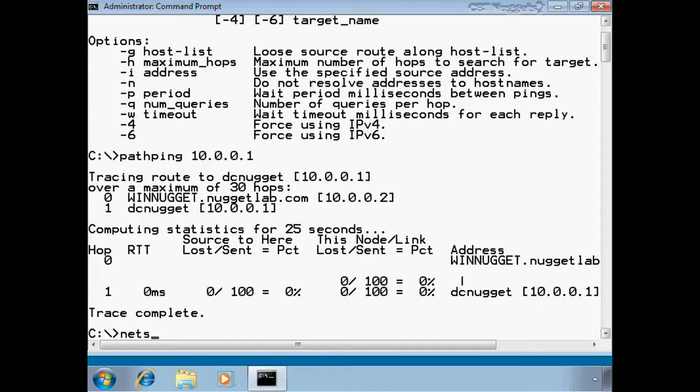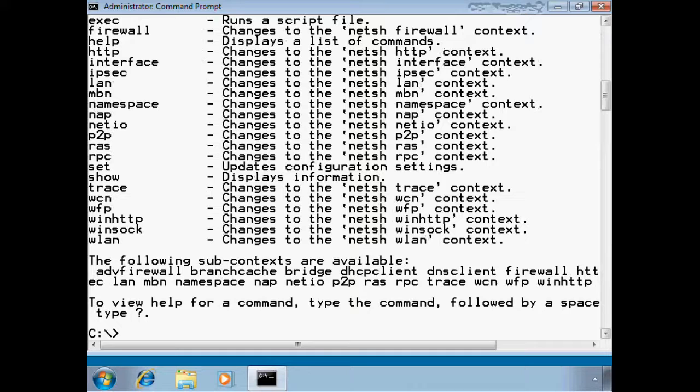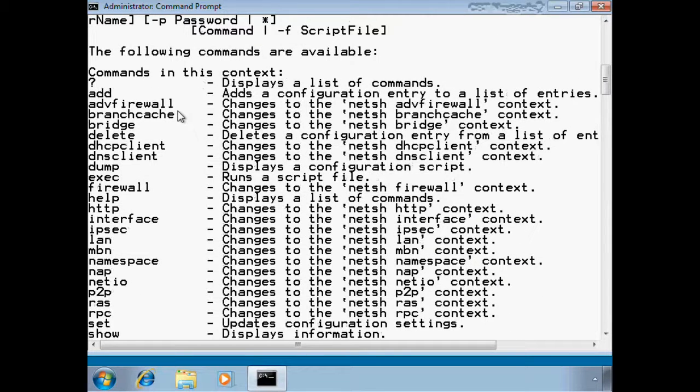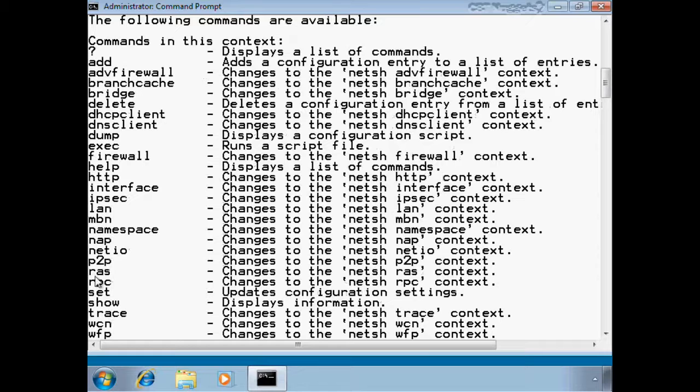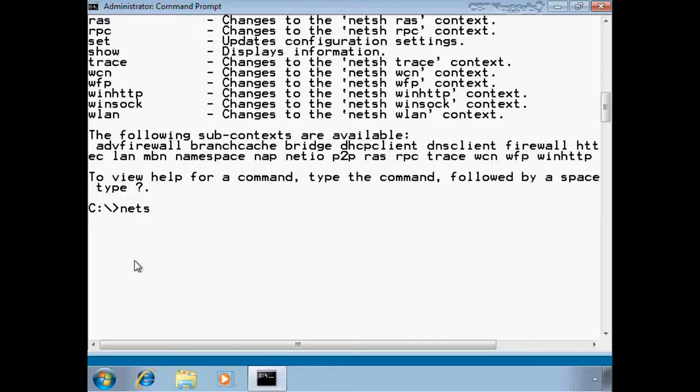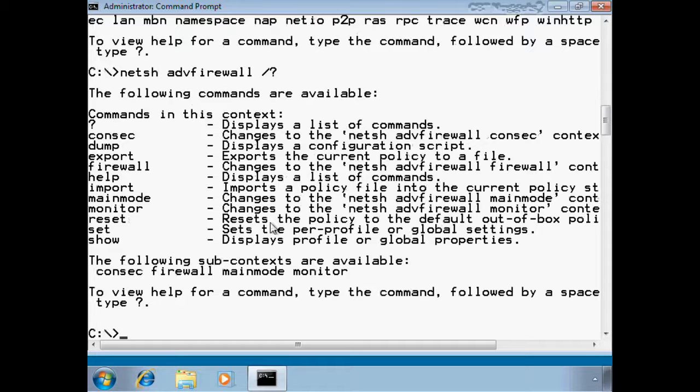Finally, let's look at Network Shell, or NetSH. As I mentioned, this is an extremely robust tool. When you use NetSH, you typically provide what's called a context. In other words, are you using NetSH to configure the advanced firewall, branch cache, DNS, DHCP, IP addressing, remote access? And once you get into a context, for instance, if I do NetSH ADVFIREWALL for the advanced firewall utility, we can look at help regarding that context. And you see we can monitor statistics, we can import policies, we can configure the firewall, we can export policies,